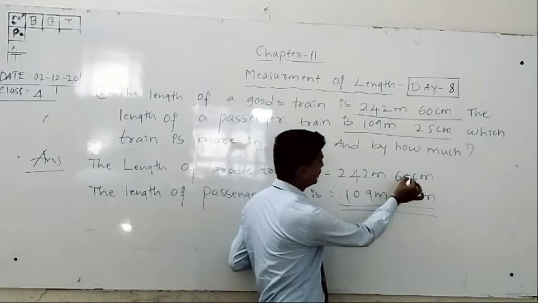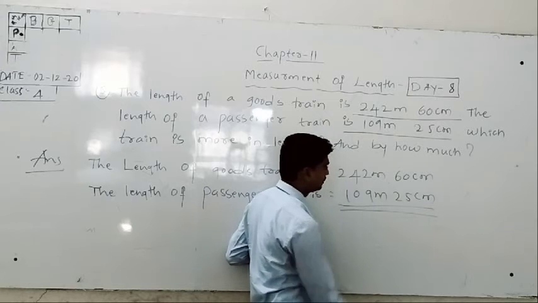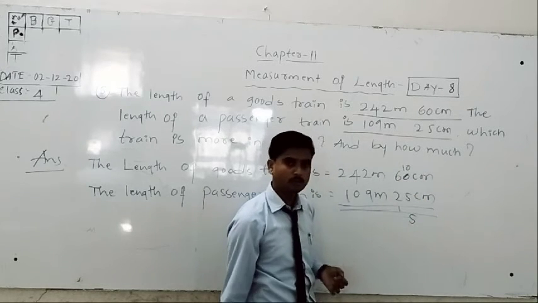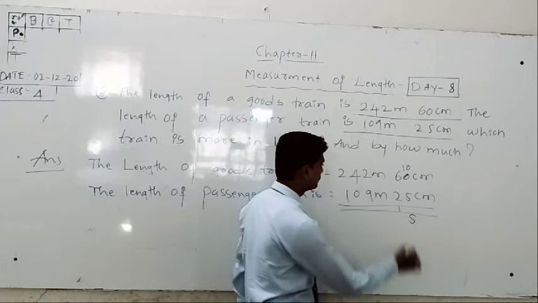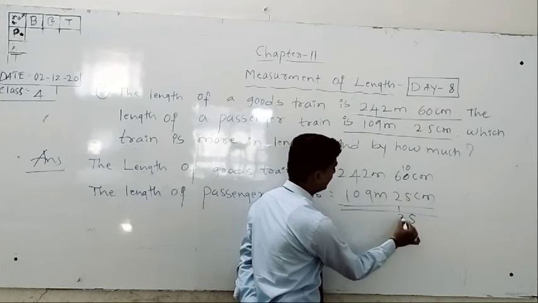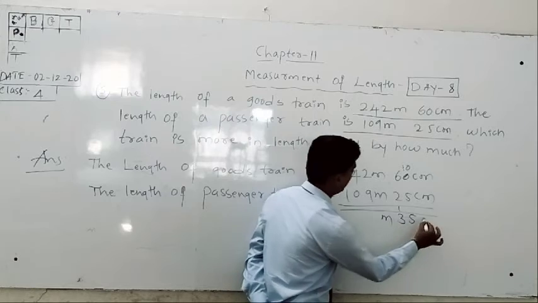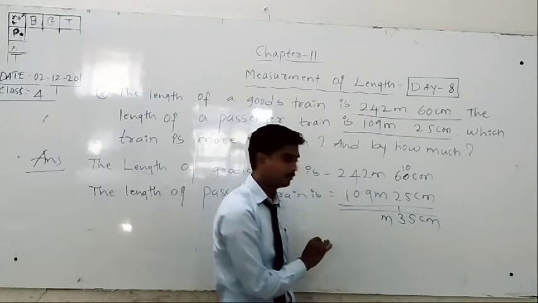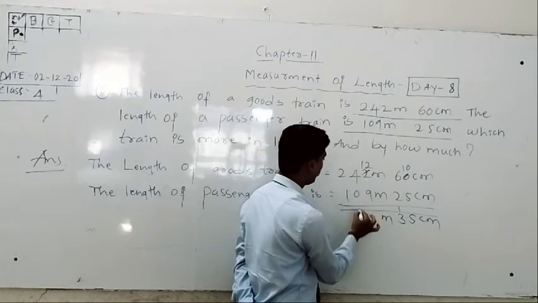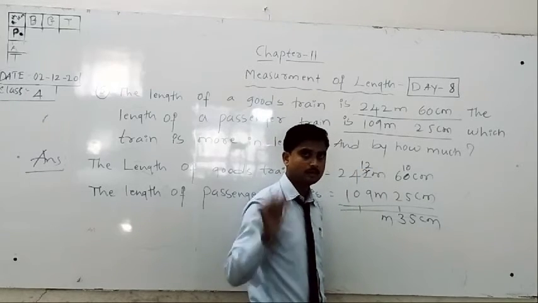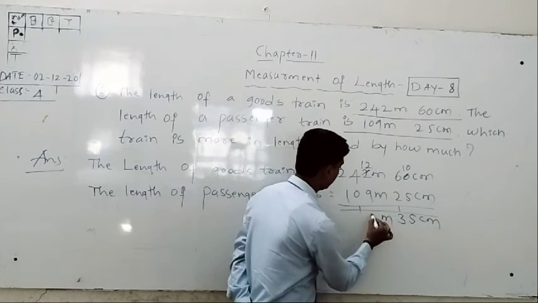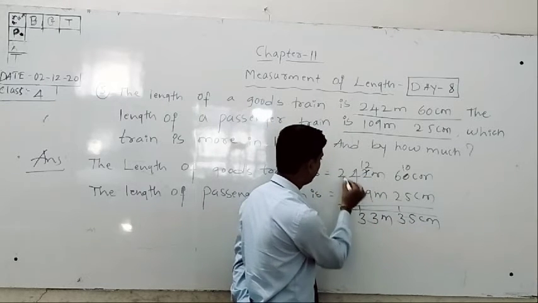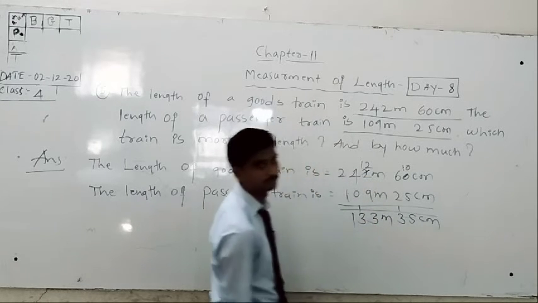Then 0 is not subtracted from 5, you take 10. 10 minus 5, the answer should be 5. Then 6 minus 3, it is 3. Then 2 is not subtracted from 9, so cancel, it is 12. 12 minus 9: 10, 11, 12, it is 3. Then 4 minus 1, it is also 3. 2 minus 1, it is 1.